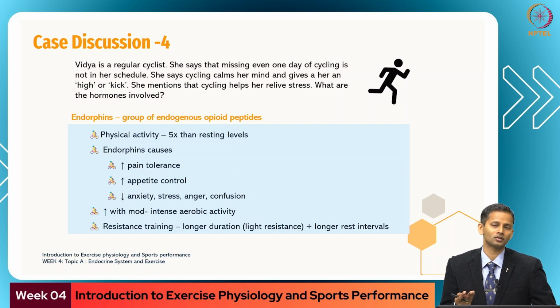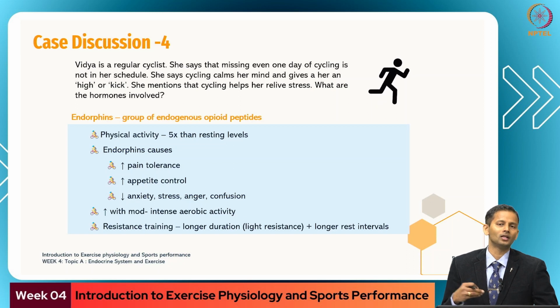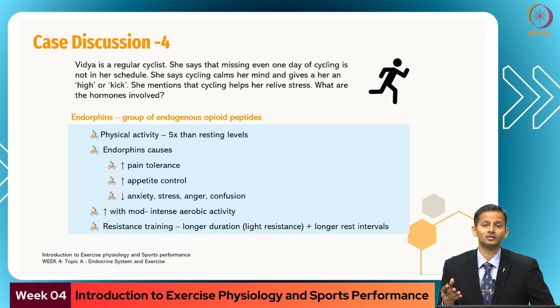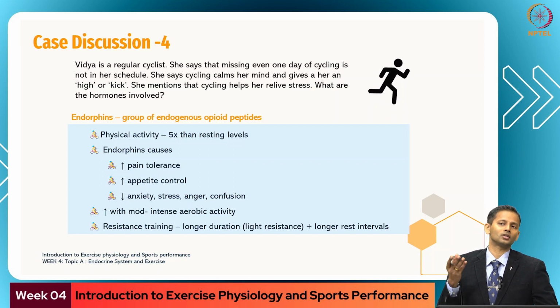And endorphins, because of their effect on the central nervous system, the calming effect they have on your mind, you will find trained athletes, elite athletes, frequently involved in the activity for the sheer high that they gain from that activity per se. So that is even called, for runners, runner's high. So that is the effect of endorphin.